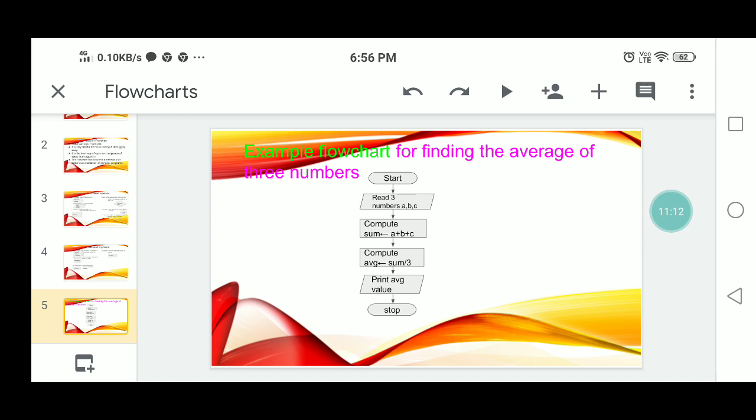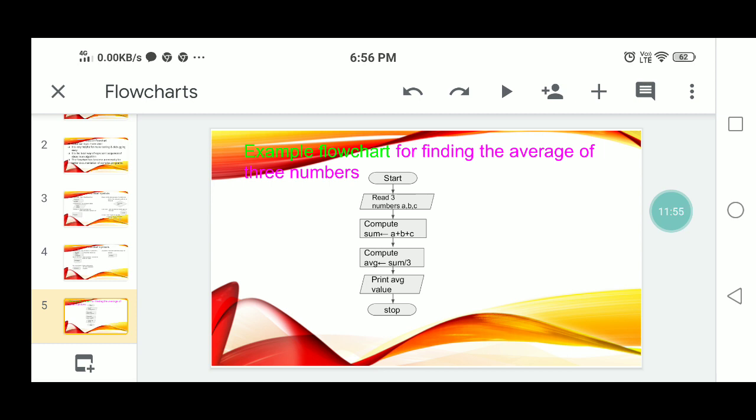Then connect to a computational symbol, that is, a rectangle. In that box you write the computation of sum equals A plus B plus C. Then connect another computational box, inside which we assign sum divided by 3 to average. Then connect a parallelogram symbol to print the average value, so this is the output.